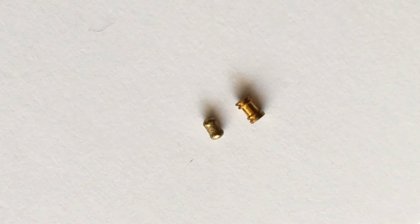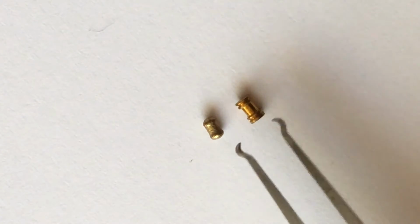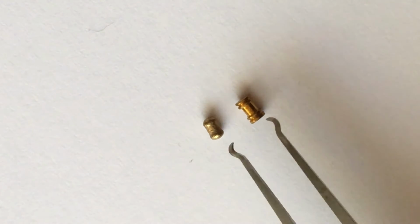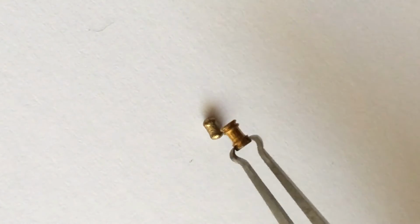Well, one of the people in UK Lock Sport decided to take their lock apart and was quite surprised at the low quality of the security pins inside. I decided to do the same, and this is the video I've made about them because I've discovered an interesting little factoid. Anyway, for comparison, what I've got here on this pin here, that is an American lock, and you can see